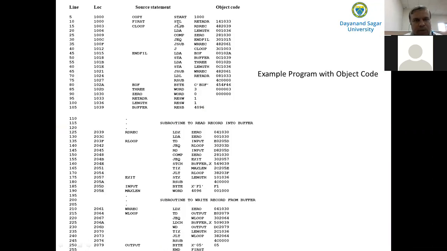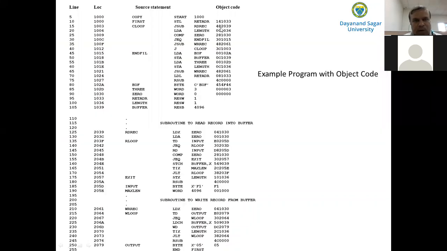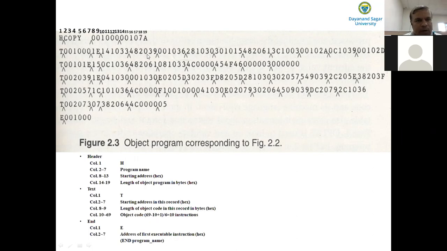The first instruction is STL RETADR. It is 141033. So write it here. Continue similarly. What is the object code of the second instruction? 482039.